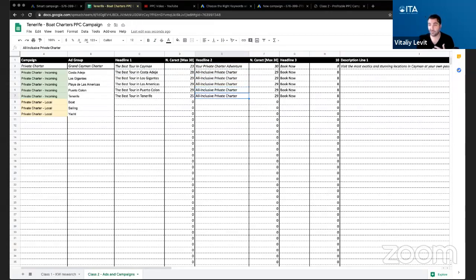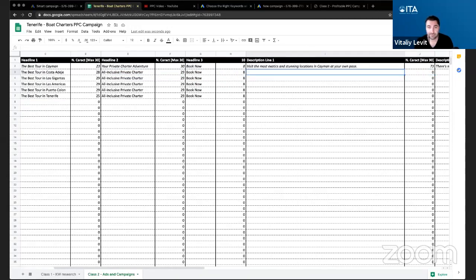I wanted to make sure that's one of the things that we stress, that we include alcohol and food and a bunch of other stuff. So I wanted to make sure that sets us apart from some of the other tour operators around the area. So I'm going to make sure it's all inclusive private charter. So I'm going to put that in there. Yeah. And then in description, we have visit the most exotic and stunning locations in Cayman at your own pace. All right,